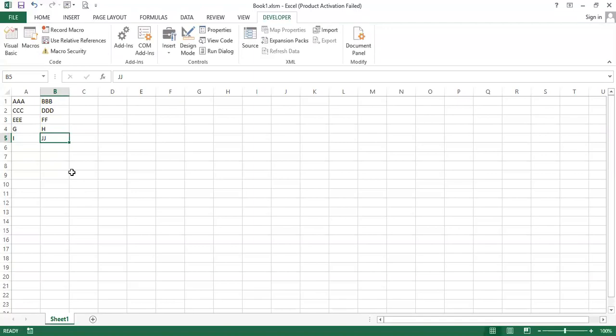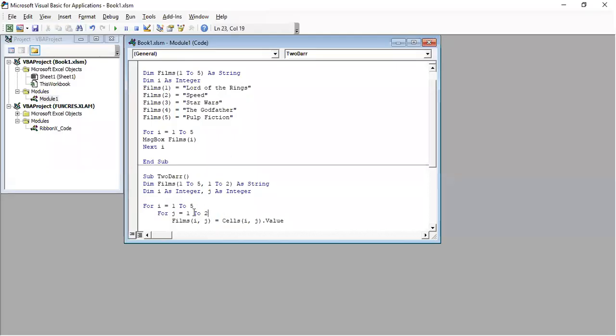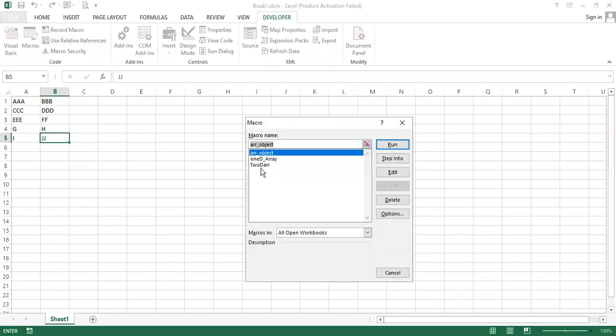Then let us go back to the subroutine and run this. Or we can run from here also, no problem. We can go to Macros and run, that is 2D array. Run.